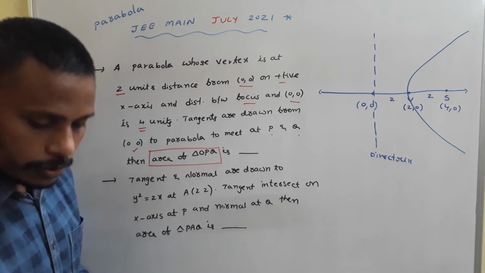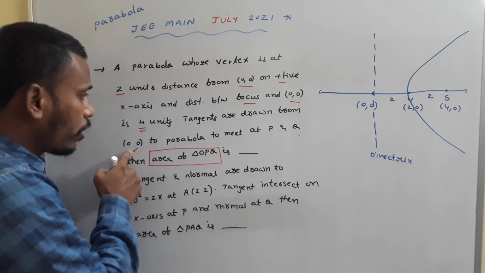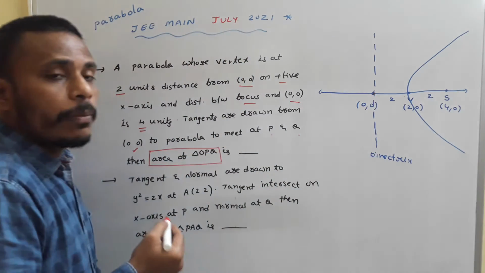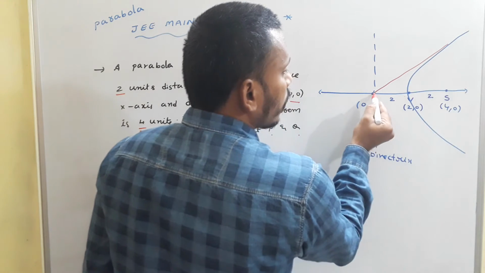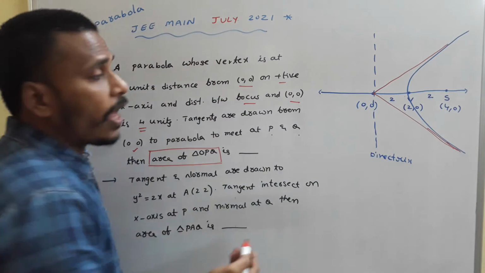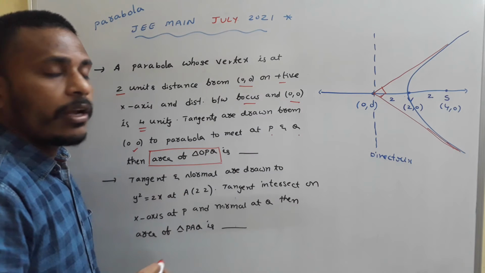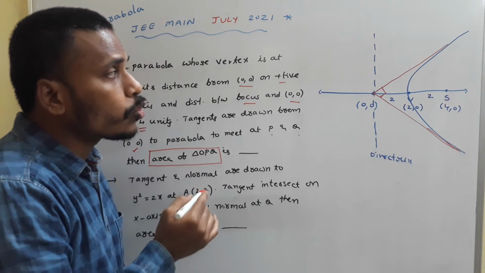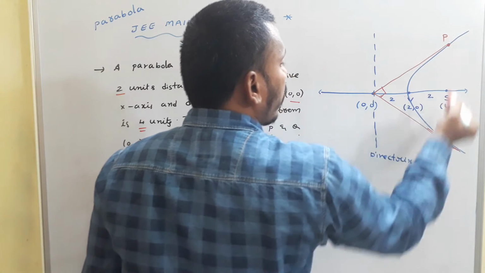Now the question is about tangents drawn to the parabola from origin to meet at P and Q. See, 2 tangents are drawn from this origin to the parabola. If you sketch 2 tangents from origin to the parabola, since origin is a point on the directrix, then for sure, as we learnt, these 2 tangents are perpendicular. From every point on the directrix, if we draw 2 tangents, angle between those 2 tangents is 90 degrees. So those 2 tangents are perpendicular, and these 2 tangents are meeting parabola at P and Q.